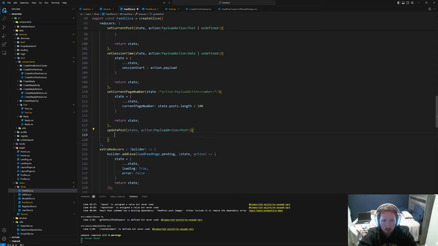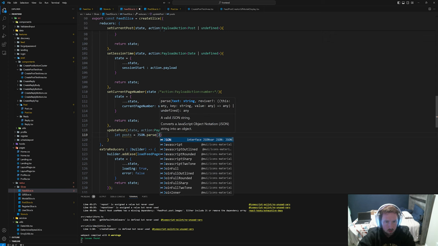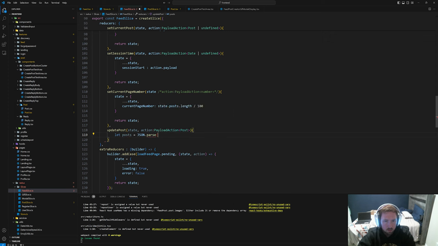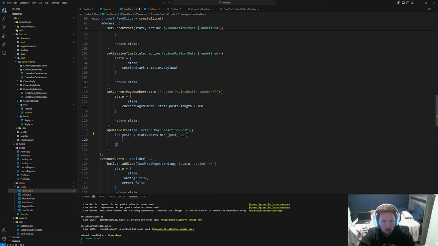So I guess what we'll say is let post equal to json.parse. Well, actually, we might be okay with this. We might be able to say state.post.map because I don't think we're modifying this. And we'll say the posts like so. And what we'll say is if our action dot payload dot, so this is a post, right? Dot post ID